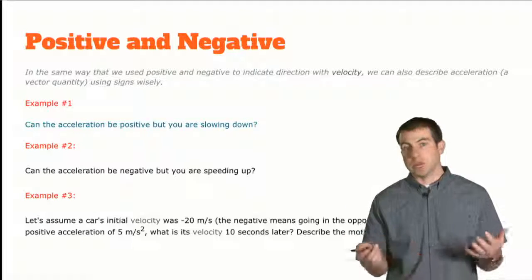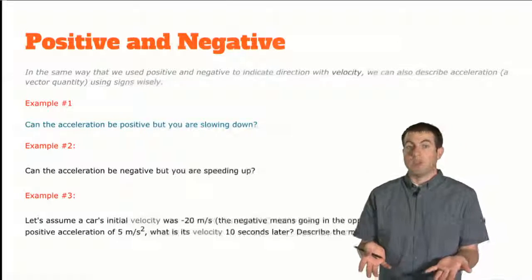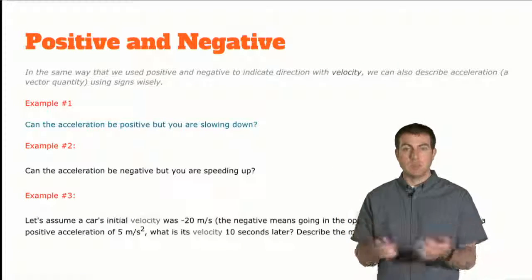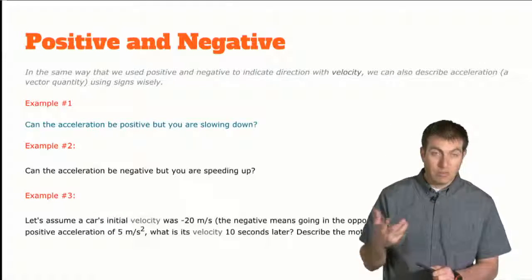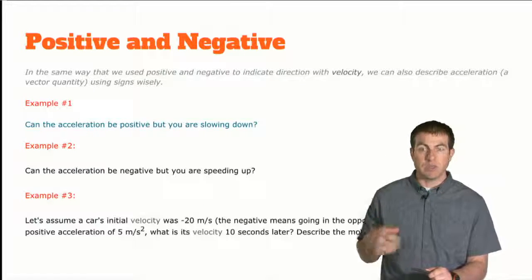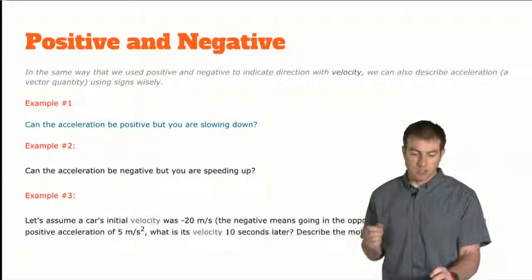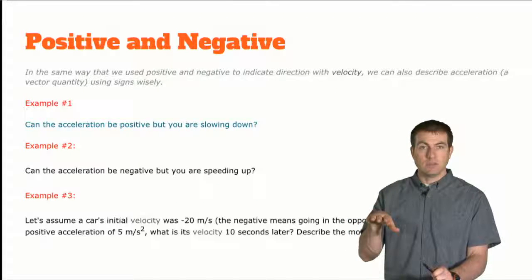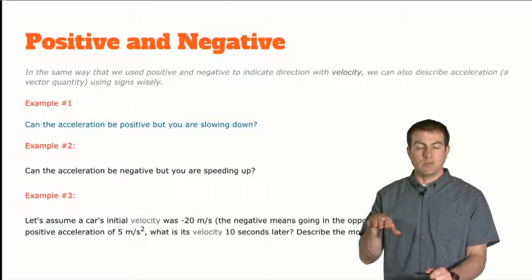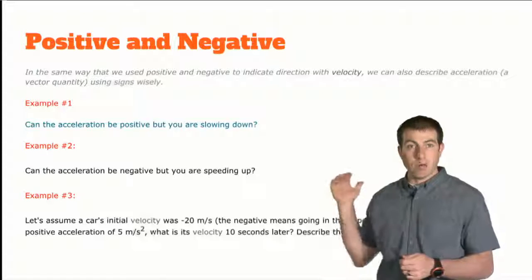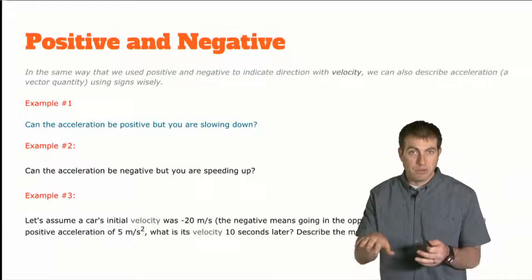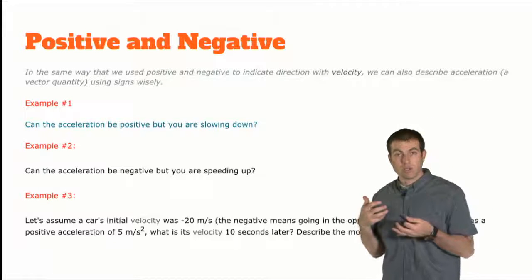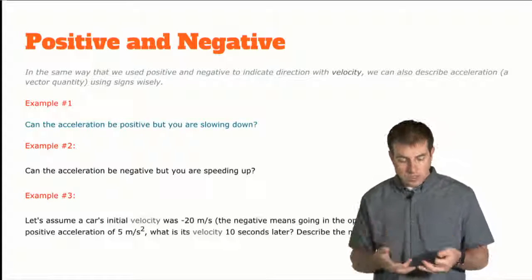It doesn't say anything about direction. It says speeding up. So that could be speeding up going backwards, or it can be speeding up going forwards. So example 2, if I was in reverse, that means my velocity is negative. That's fine. And I put my foot on the gas pedal. Is my acceleration negative or positive? Well, because I'm going backwards, and I'm saying everything backwards is negative, so I'm traveling in reverse in my car, put my foot on the gas pedal, I speed up going backwards. Does that fit that situation?